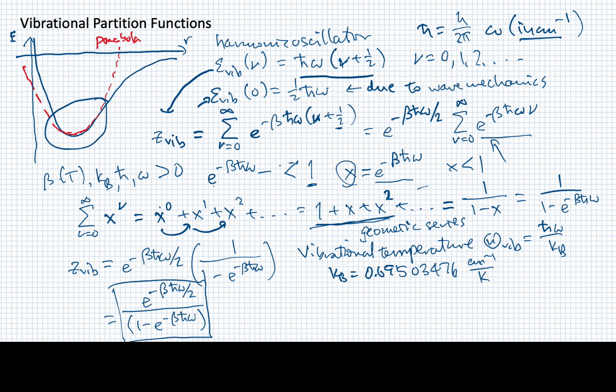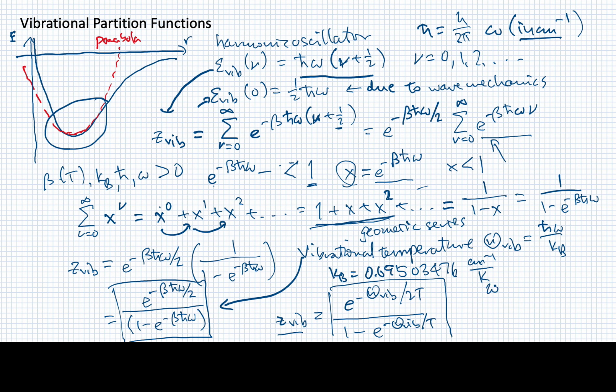All right, so now when we use this definition, I can actually rewrite z vibe in the following way. This will equal e to the minus vibrational temperature over 2 times the actual temperature, divided by 1 minus e to the minus vibrational temperature over T. And this is one that, if we calculate the vibrational temperatures, becomes perhaps an easier way to evaluate the vibrational partition function. Now once again, I'll point out that when omega is large,